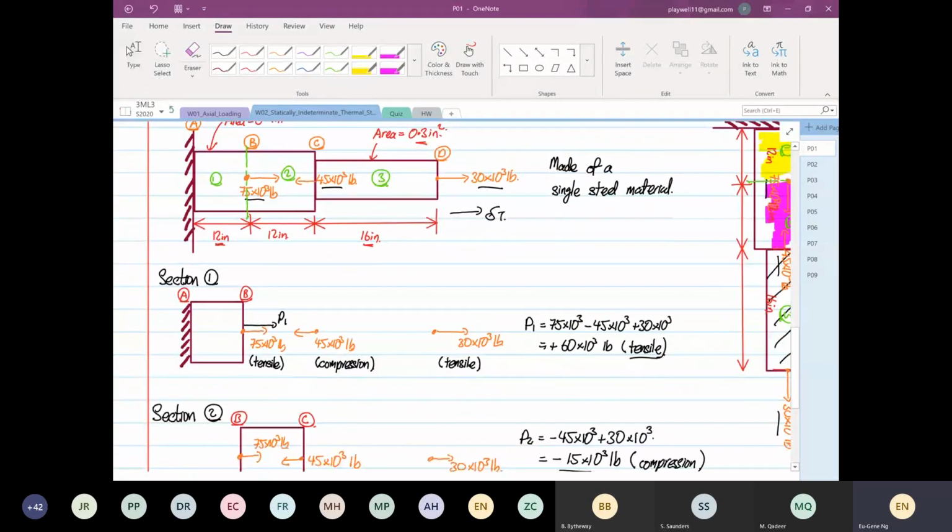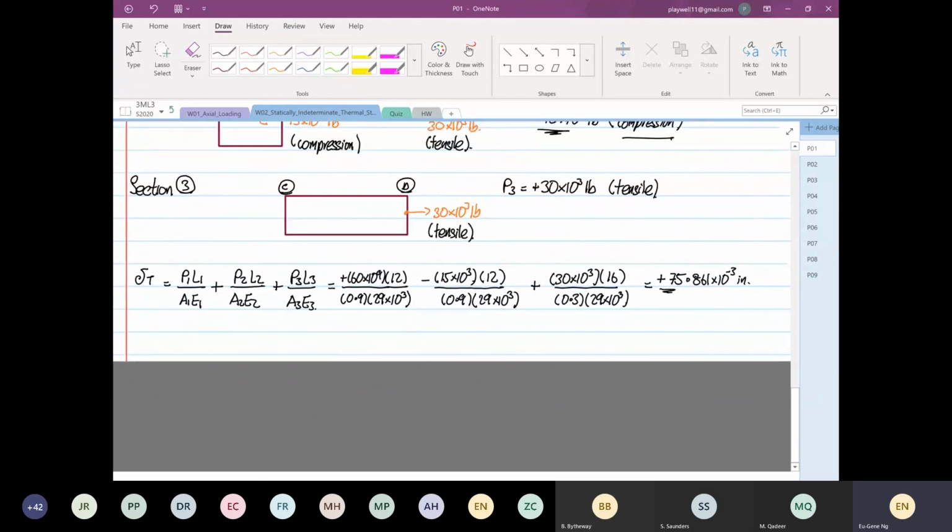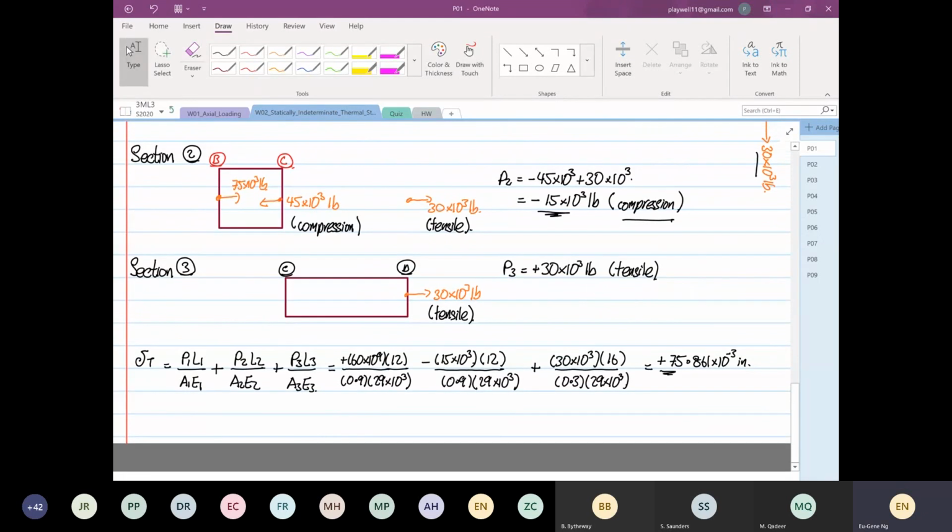So for this example, it's not difficult at all. It's pretty straightforward. The only difficulty is what section to consider and what load, and that's based on the hangman. So to summarize on this example,